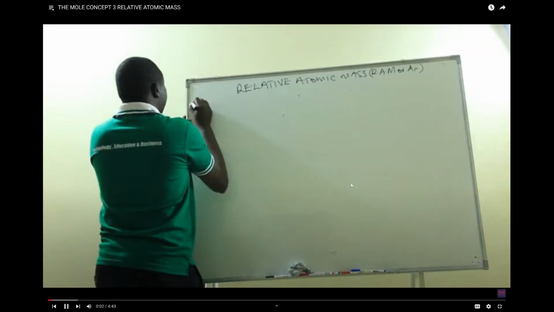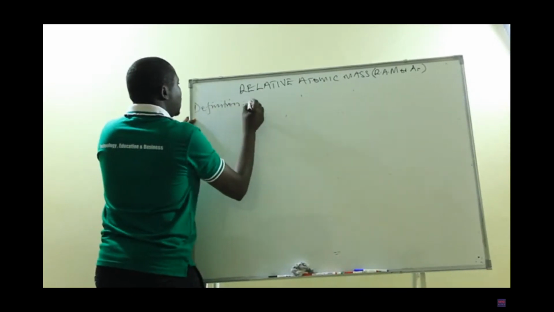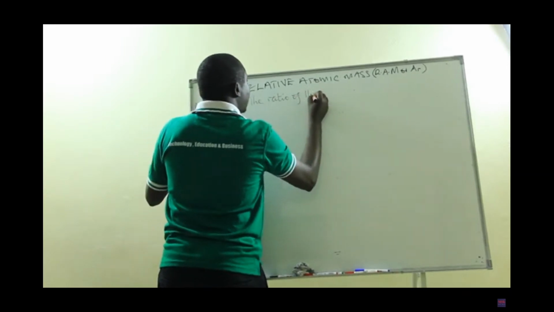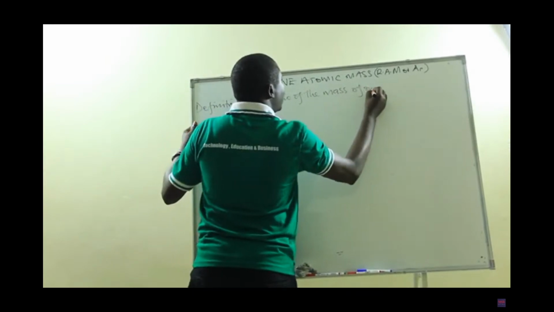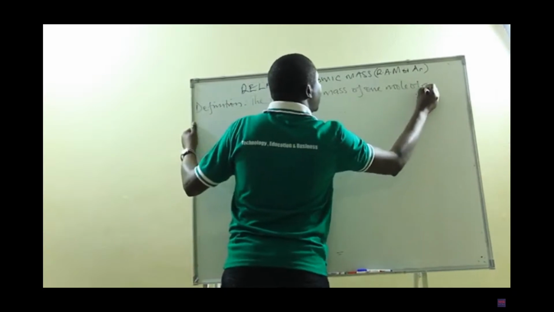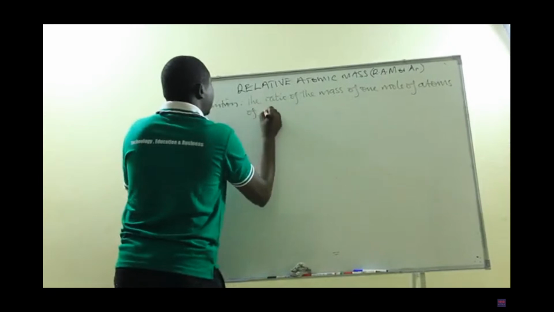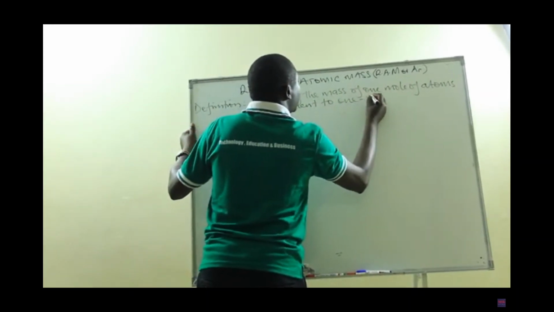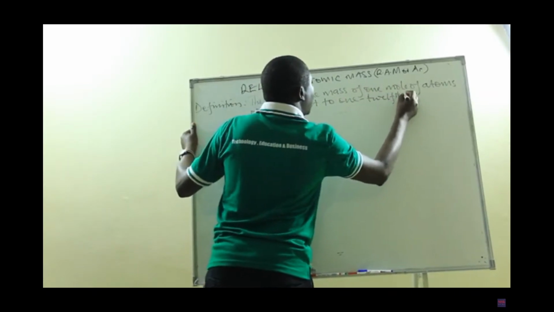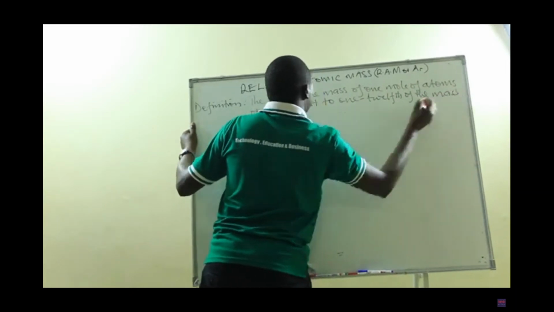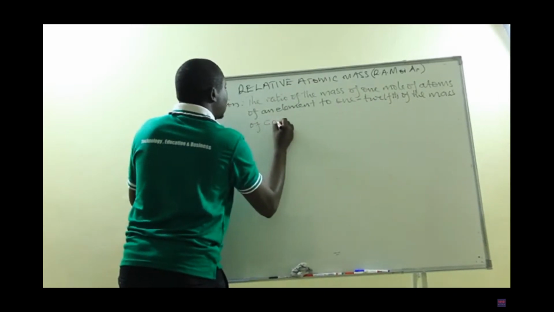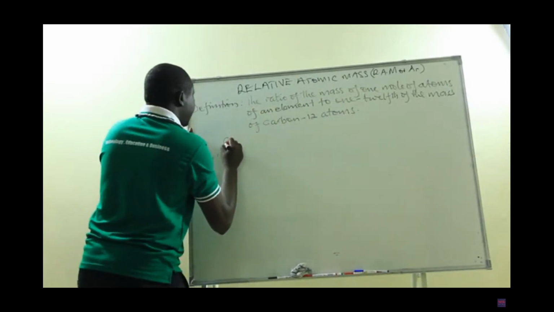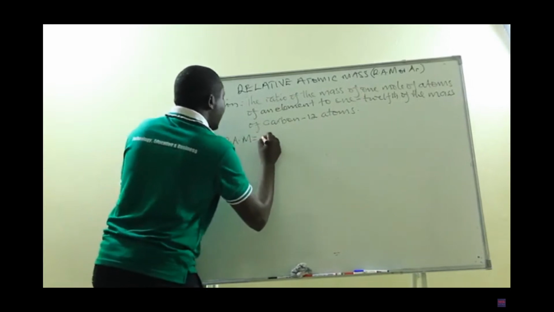It means that, by definition, relative atomic mass is the ratio of the mass of 1 mole of atoms of an element to 1/12 of the mass of carbon-12 atoms. And for the sake of simplicity, relative atomic mass is given by the molar mass,